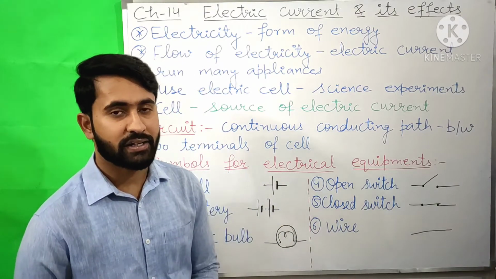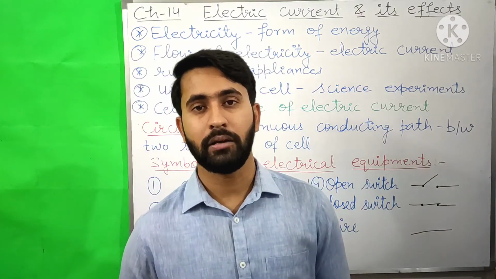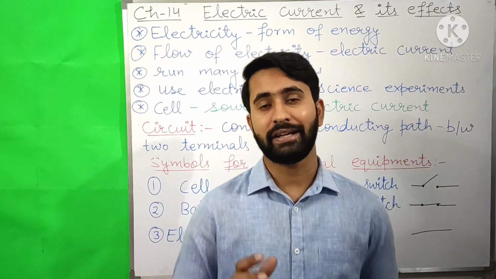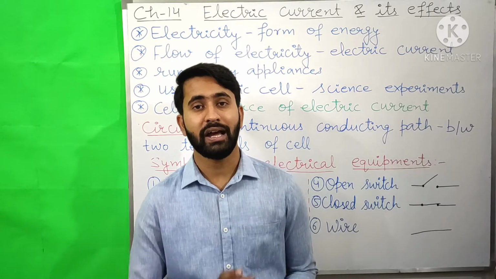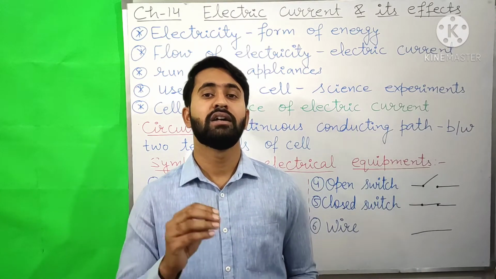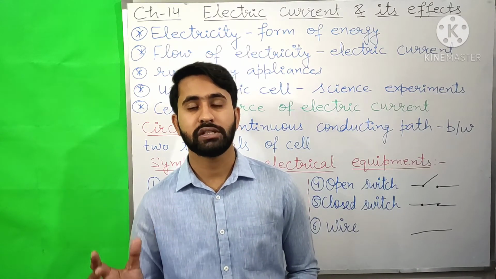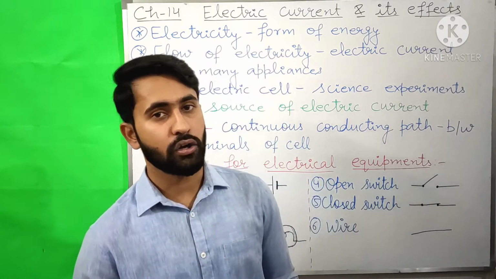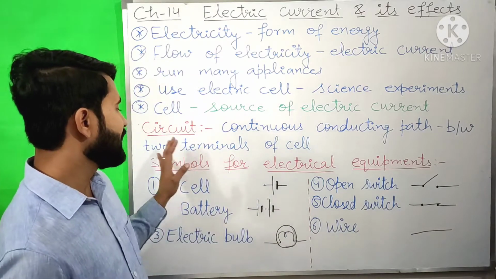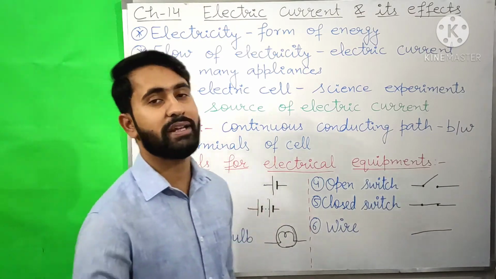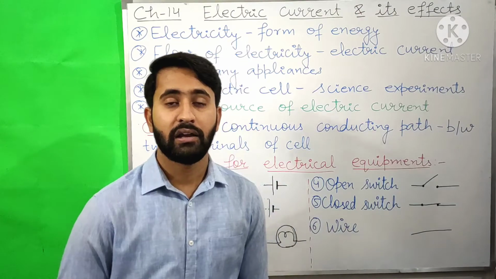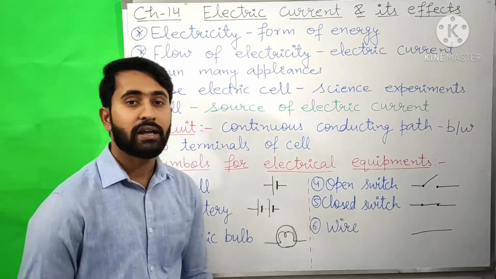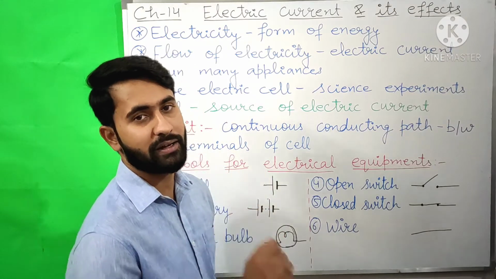In electric circuits, we have to show the bulbs, switches, batteries, etc. Now, drawing an electric circuit by showing the actual diagram of the cell, battery, switches, etc. is a difficult task and it takes a lot of time. So the scientists have designed symbols for various electrical equipment which can be drawn easily, like the symbol of a cell. It is made up of two parallel lines.